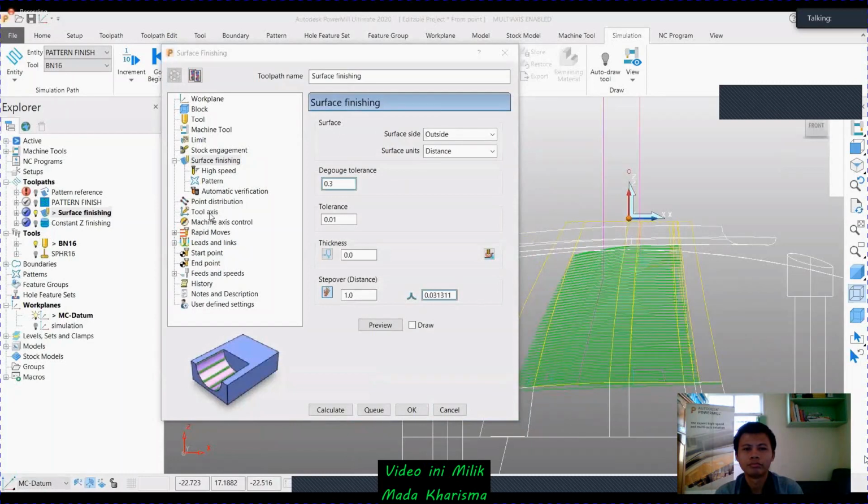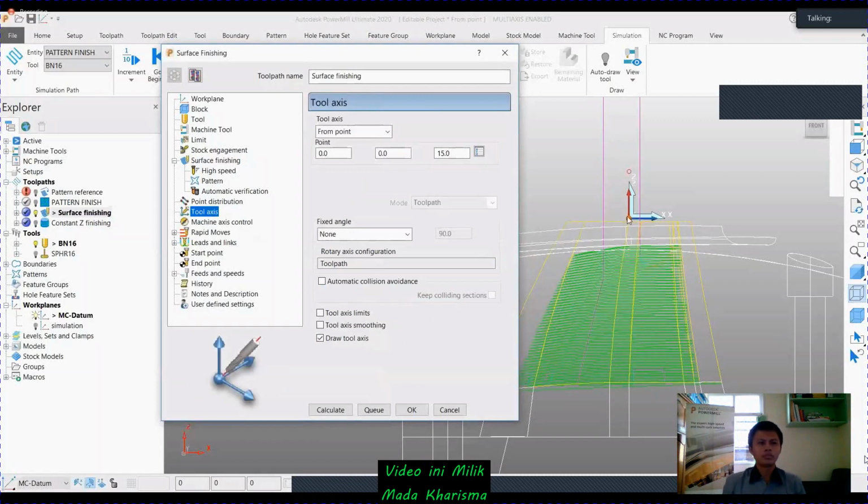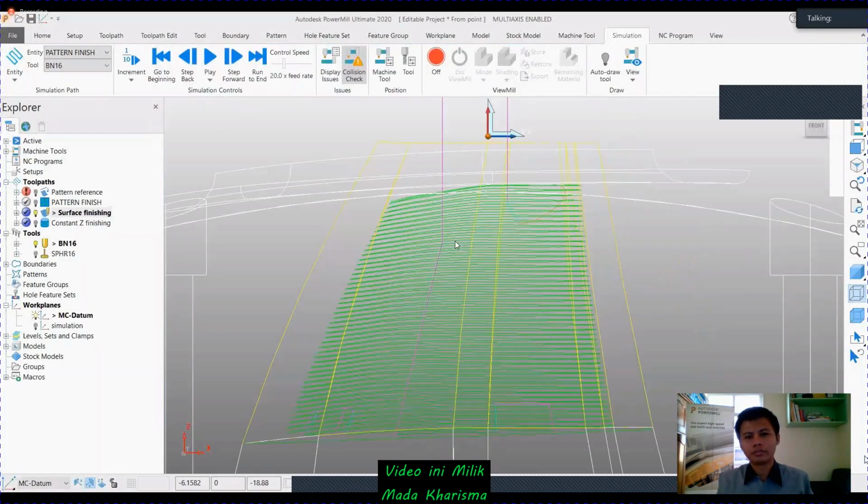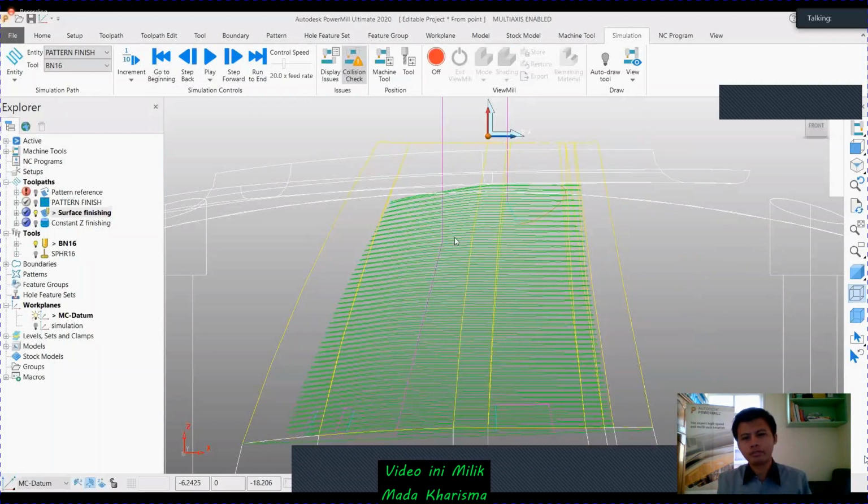Okay, the toolpath comes out exactly the same as before. If you look at the toolpath, it is similar to before. So that means it is not a single toolpath you can create in PowerMill. There are multiple toolpath strategies you can apply for the same profile, based on your interest and tool axis definition. I will show you another example here.